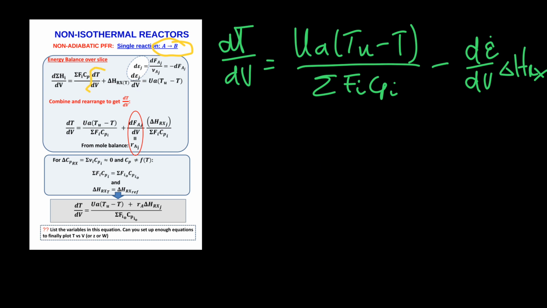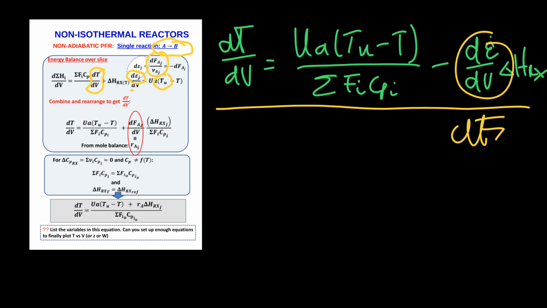We once again want the differential equation that describes the change in temperature along the volume of my reactor as a function of my other variables, which will be maybe the utility temperature as well as the extent of my reaction that we can for a single reaction write in terms of X. And so just I've rearranged over here, and remember dE we can substitute with our dFA over the stoichiometric number, and in this case the stoichiometric number is -1. So the two negatives will cancel each other out,